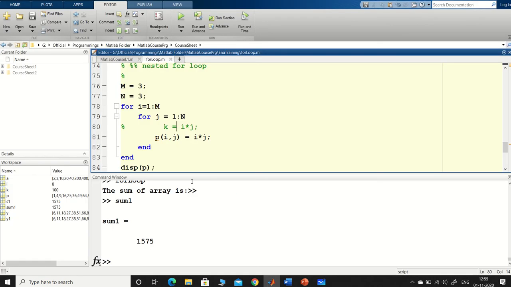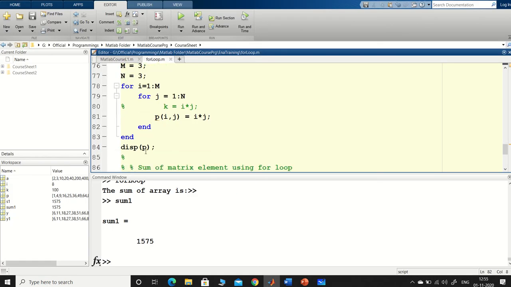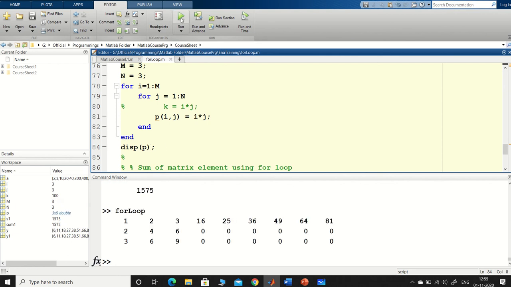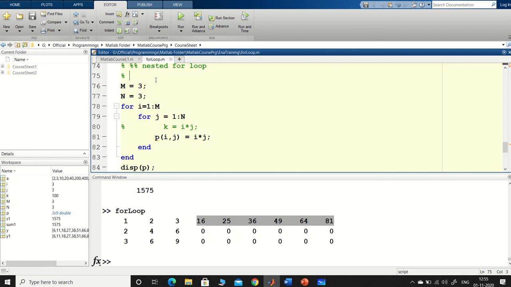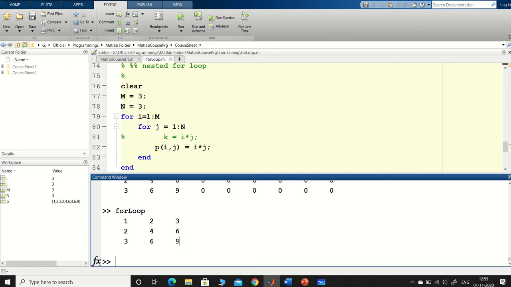And then if you display p: since I had not removed the earlier p, p was initialized with 10 elements. So right now I'll just clear it. Whenever you are using a new function or new project, you clear the previous variables, otherwise it will store the previous values. So see, display p has given you only a 3 cross 3 matrix.